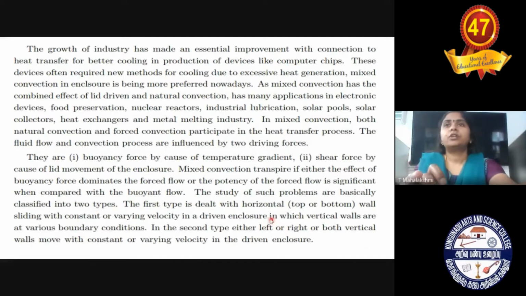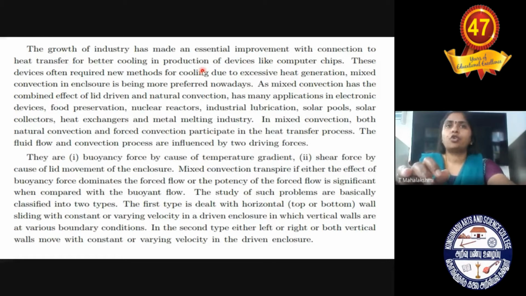And apart from the natural convection, sometimes the essential improvement is needed within the convection mode inside the enclosure. So in order to get better heat transfer analysis, better heat transfer, we must move with the mixed convection mode of heat transfer. Mixed convection is nothing but the